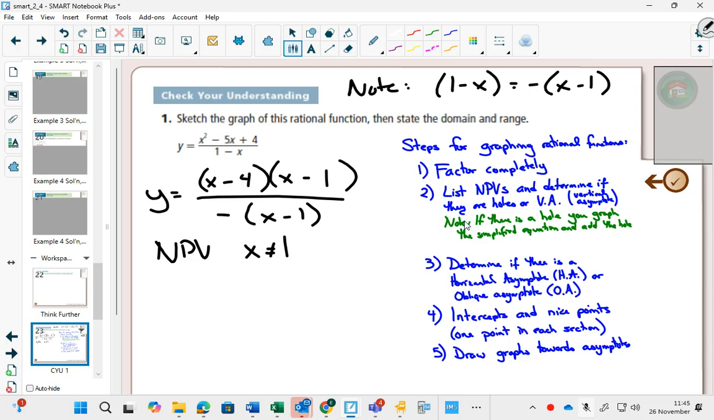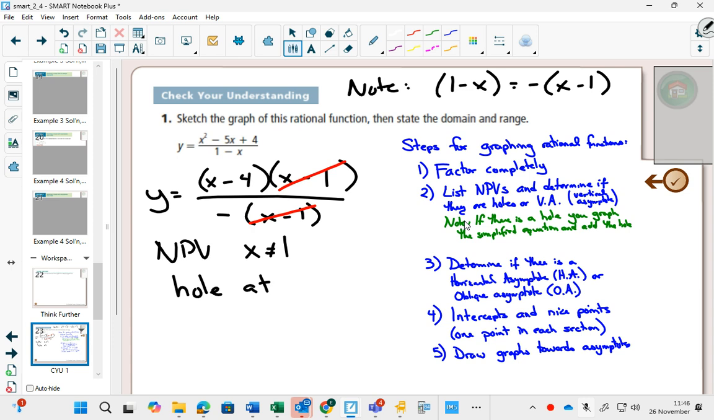But if I factor out the negative, this would cancel because they're exactly the same. If I don't factor out the negative, I run into a problem I can't cancel. So we do have to notice this. Whenever you have the same factor, but one is like x minus 1 and the other is 1 minus x, or if you had x minus 3 and one was 3 minus x, you can factor out that negative to make them the same. And that's going to be important